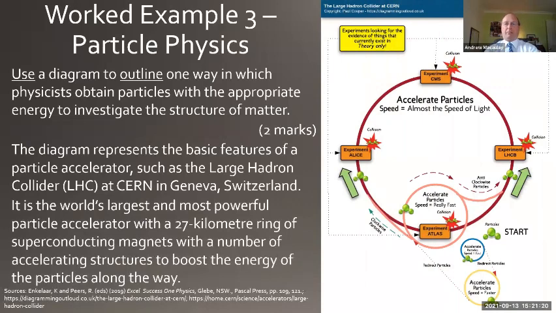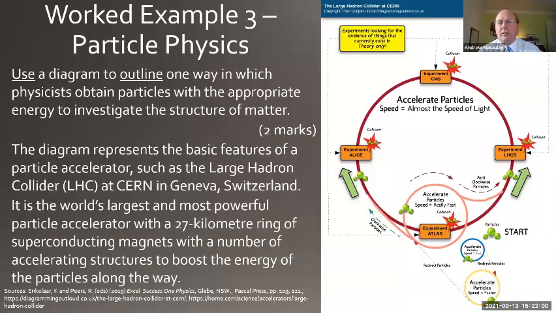And so here's a diagram. If you were given this question in an exam, you would need to identify the Large Hadron Collider. That's important. Its location is at CERN, C-E-R-N, the initials of the organisation, in Geneva, Switzerland. You would refer to its 27-kilometre ring circumference, and also be able to simply draw something of the LHC with some of the details that you can see in this diagram.